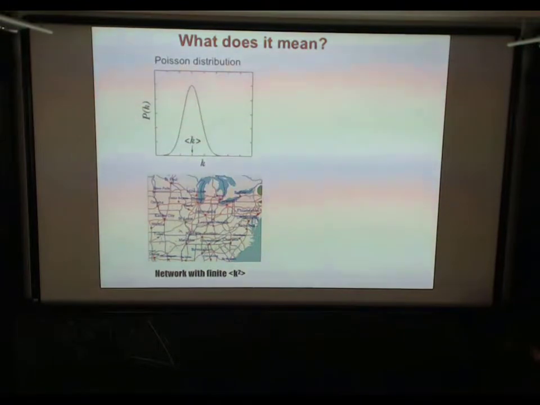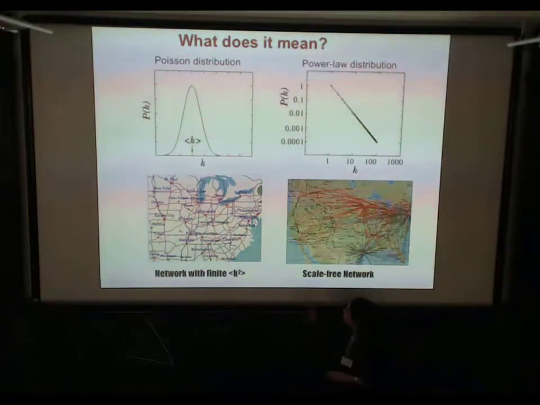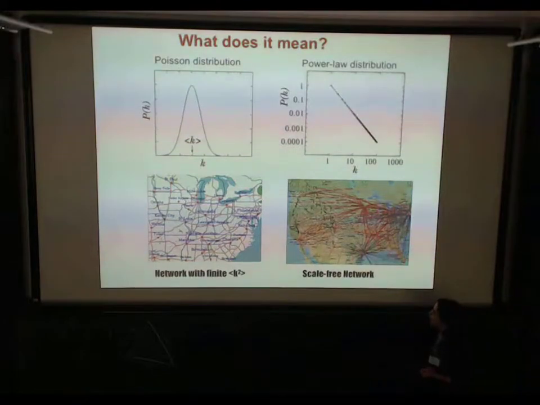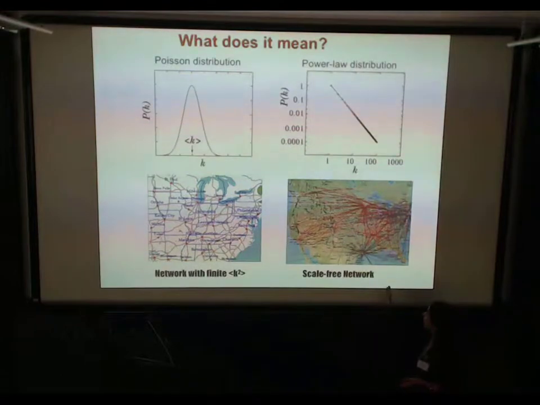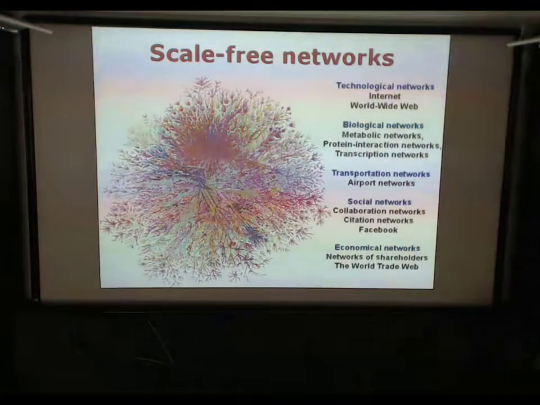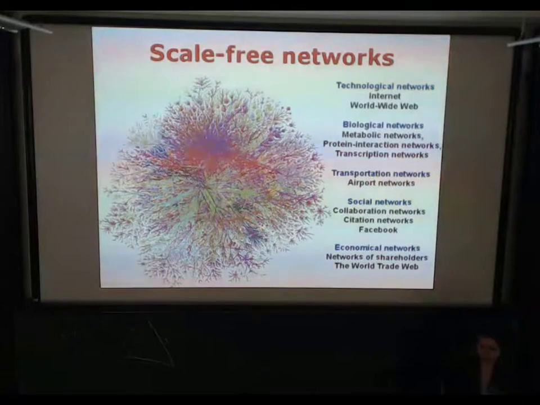And these are many different types of networks, and the difference can be schematically represented as the difference between a road network in which every city has more or less the same number of roads passing through it, and the airport network in which you have big hubs. And so these hubs are the ones that make the second moment diverge. And of course, there is a lot of debate about whether real networks are really power law or not really power law, but